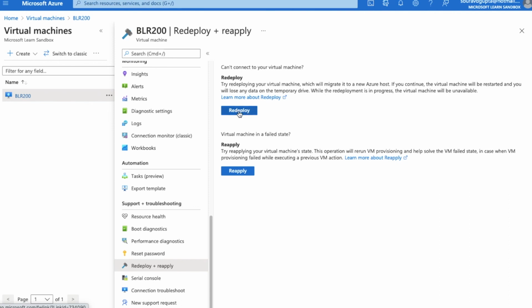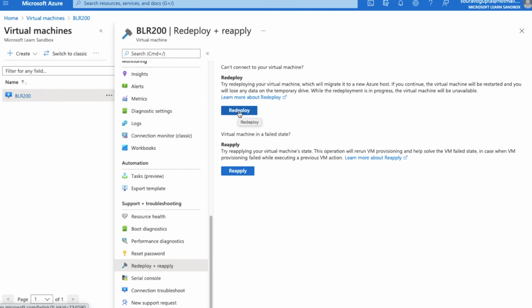After this redeploy, we need to ask the user to try to RDP the VM. If after that also the user is not able to RDP the VM, then we can check the final option, that is we have to check the on-premise firewall or the computer firewall, where we have to check that it should allow the TCP 3389 outbound traffic to Azure.